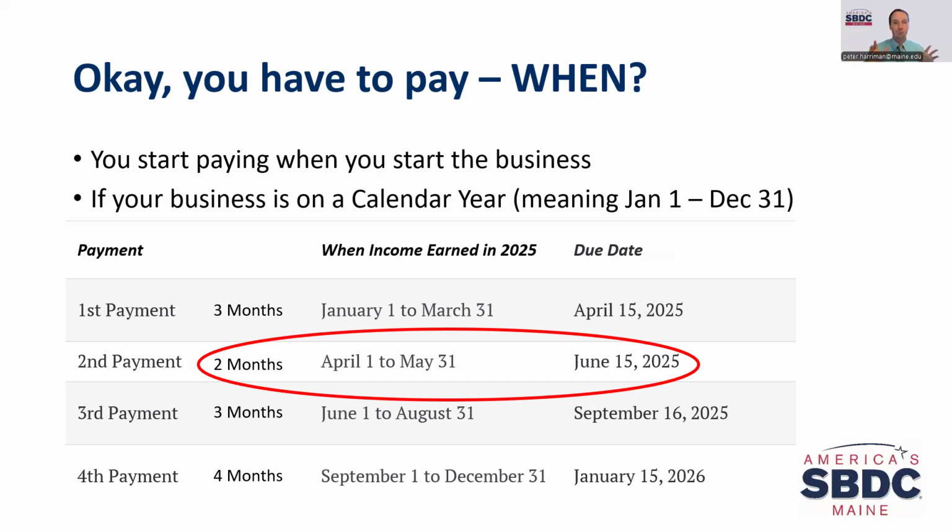But what I need you to know is these aren't saying just pay the income taxes on the income earned during that period. That's why it's a little misleading. For that second payment, I'm not going to just pay income taxes on 2 months' worth of income. I'm going to make 4 equal installments. That's what the IRS ideally wants to see: 4 equal installments throughout the year. If I open June 10th, I'm only going to have 2 equal installments, the September and the January 15th, right? So that's how you use this calendar to understand when you have to make payments.